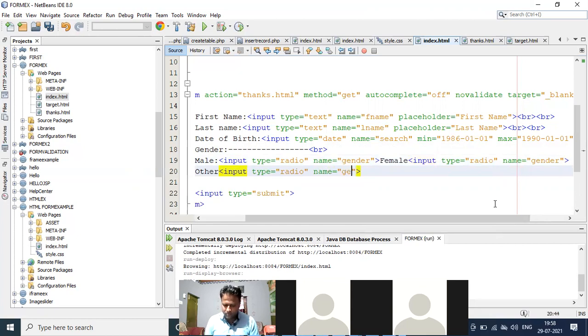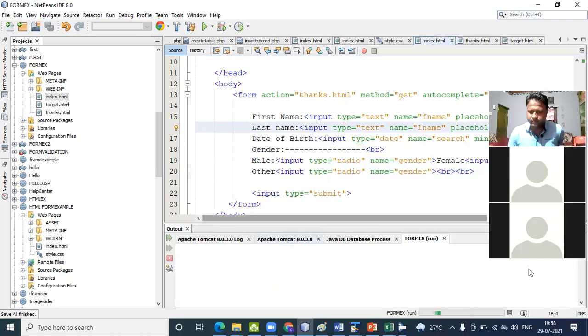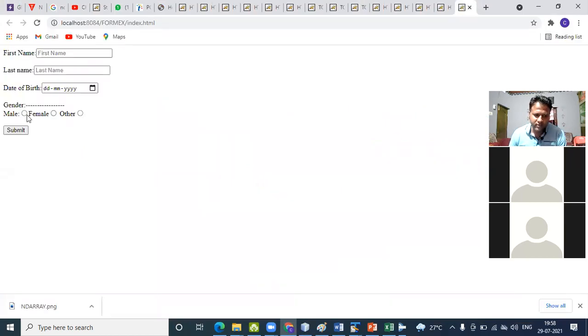Name is equals to gender. Okay, so then I use the line break br tag. Right click, run file. Now see that gender, when I choose male, female, other, I can choose one option out of the three options.